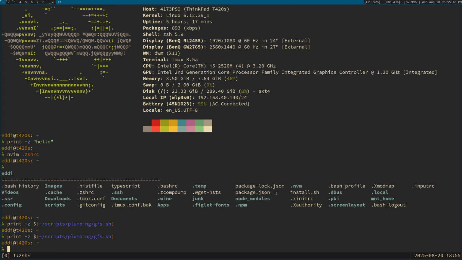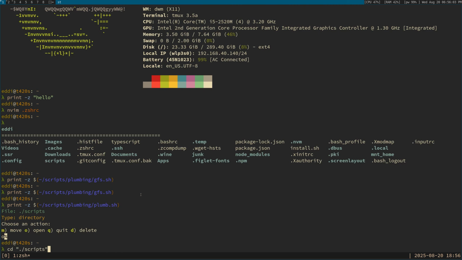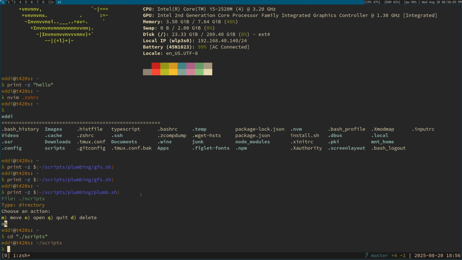Another one is one that I use. I think I called it plum or plumbing. It just automatically does this. So I can do that, and it gives me a little menu. It gives me the name of the file I chose and the type, directory, and then it gives me an action menu. And right now, let's say I want to open it. Okay. And instead of immediately running the action, which is something I didn't want it to do, it actually does